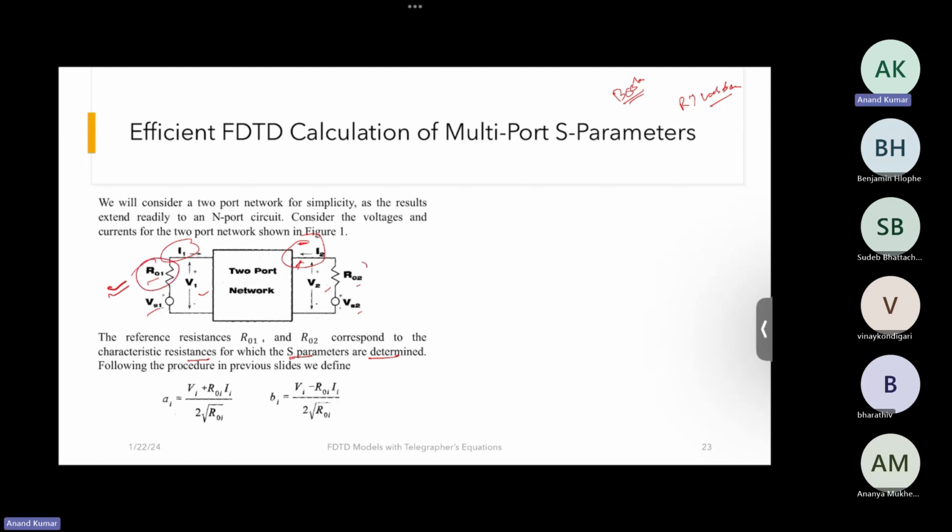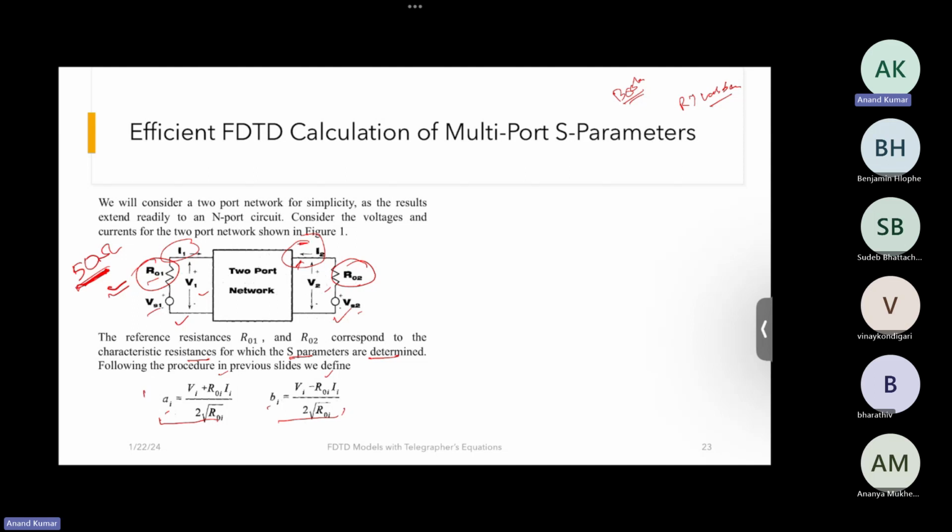So these are the reference resistances to which the S parameter is to be defined. For example, if you are solving our code, we'll just take it as 50 ohms, because most devices are characterized around 50 ohms. But if you want to get S parameters for your device at different impedance values, and that too at different impedance values at each port, you're free to change the R0 values for each port. So now we saw the power wave amplitudes, and we can write the terms A and B